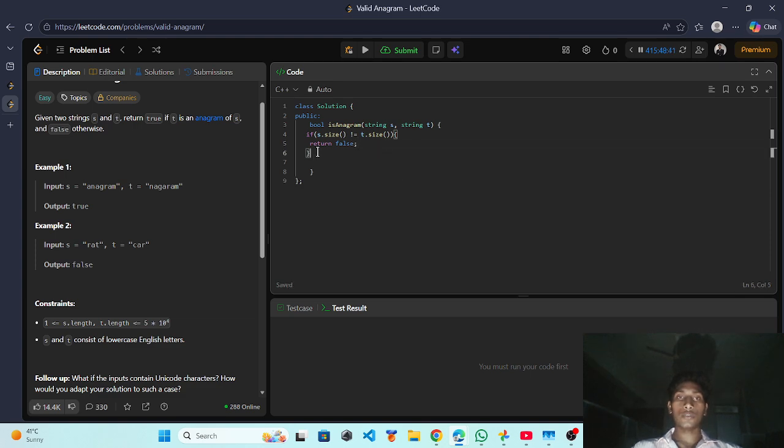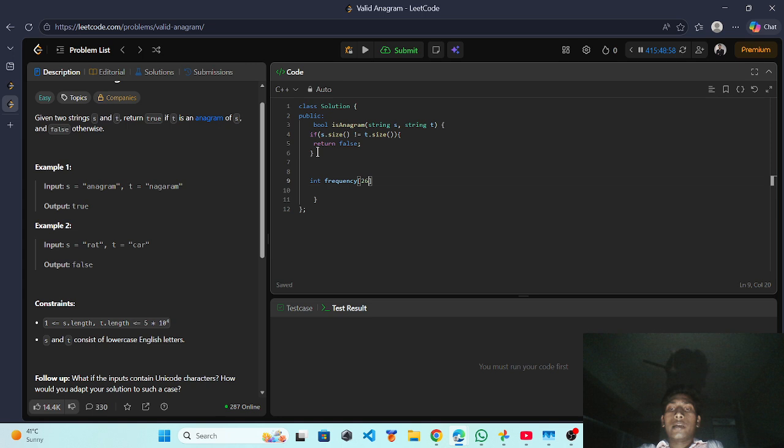So the first condition is fulfilled. After that we make a frequency array of 26, because we have 26 letters in our alphabet. We have taken a container called frequency, and it contains 0 in all boxes currently, with 26 boxes.